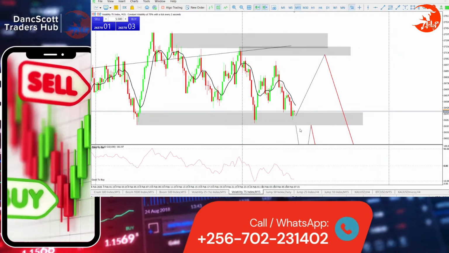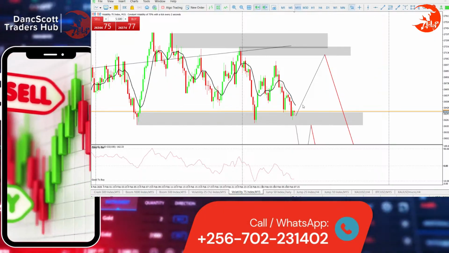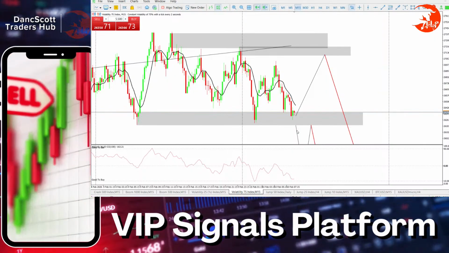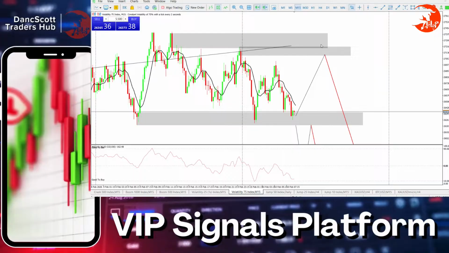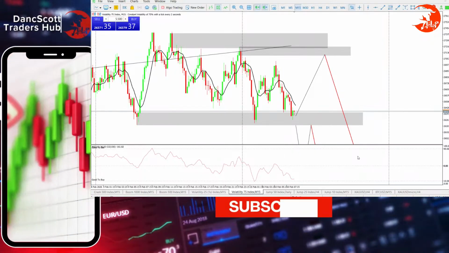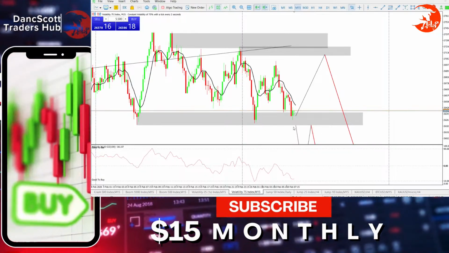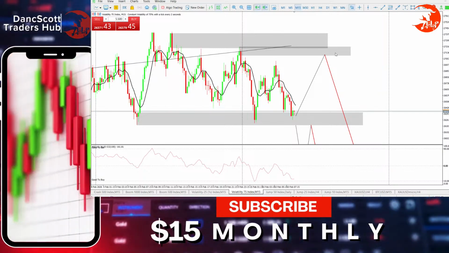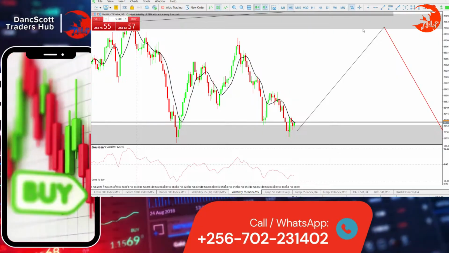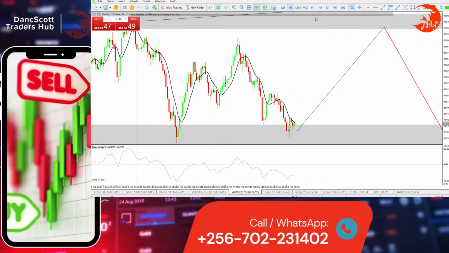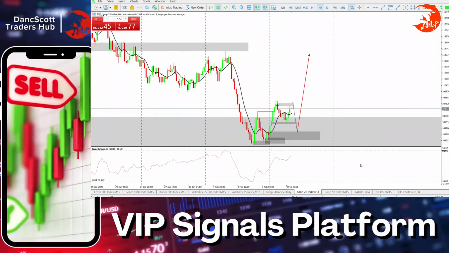V75, until it breaks here, we can try to anticipate buys from here to there. So if it fails to break here, then we will get a signal to actually buy and get us all the way back there before we can enter sales. So we have those two options to work with. If it breaks here, then you wait for a breakout and retest. If it fails to break here, then it's gonna give you a reversal signal probably on M5 to get in with that buy all the way up there. Jump 50, that's some no business, no go.